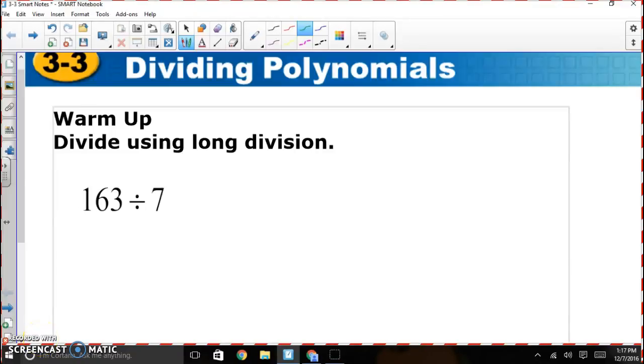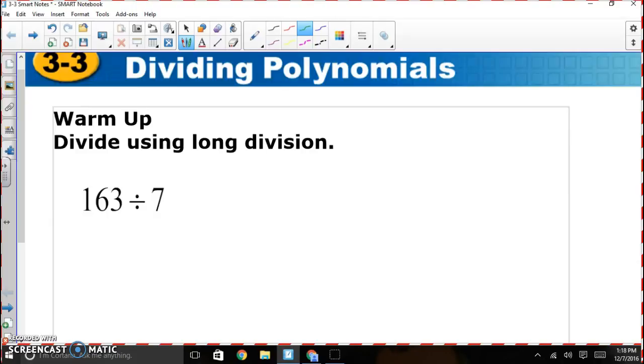Hey guys, in this video I'm going to be showing you how to divide polynomials. But before we start with polynomials, let's refresh our basic skills of dividing using long division of our basic numbers. So if we're trying to take 163 divided by 7 without using a calculator, that's kind of key here, we